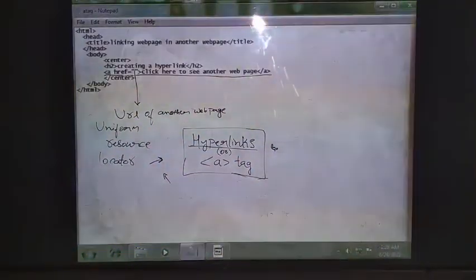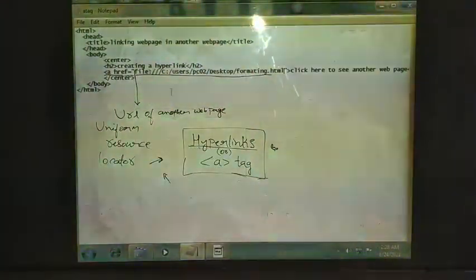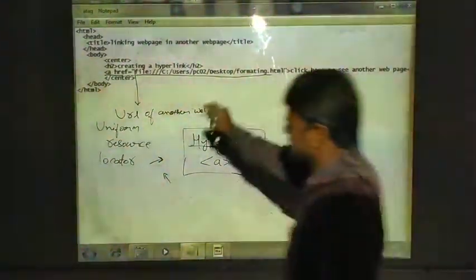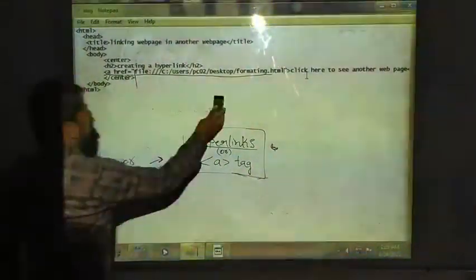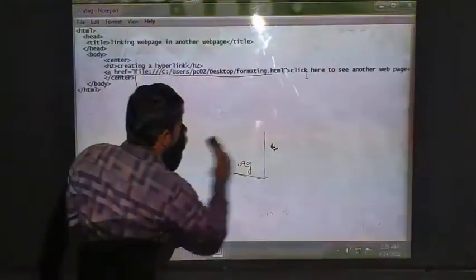What I will do is paste it in between the two inverted commas. You can observe that it starts with file colon two backslashes C colon, the complete URL.